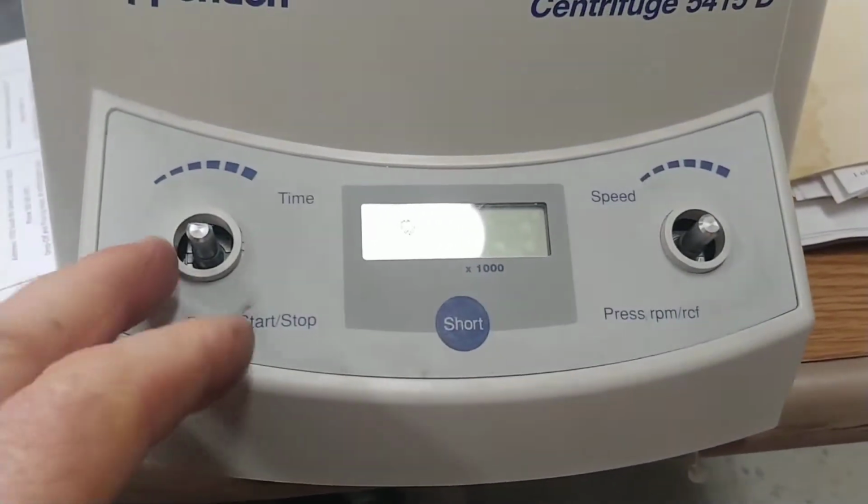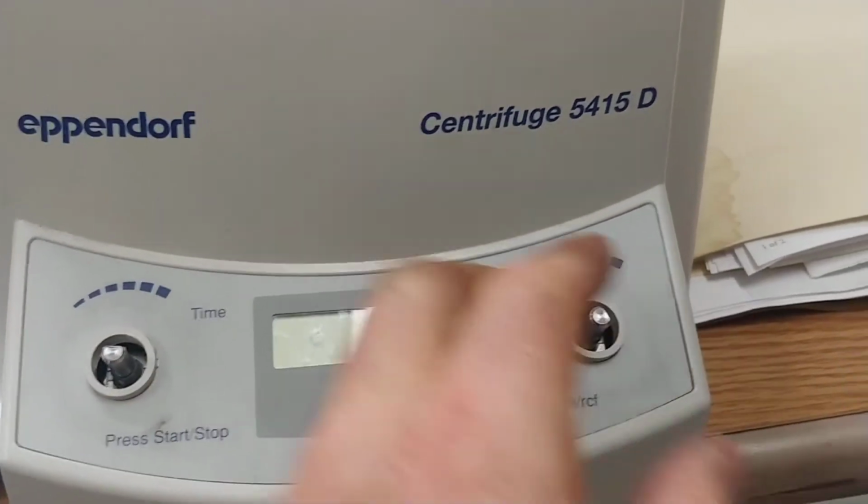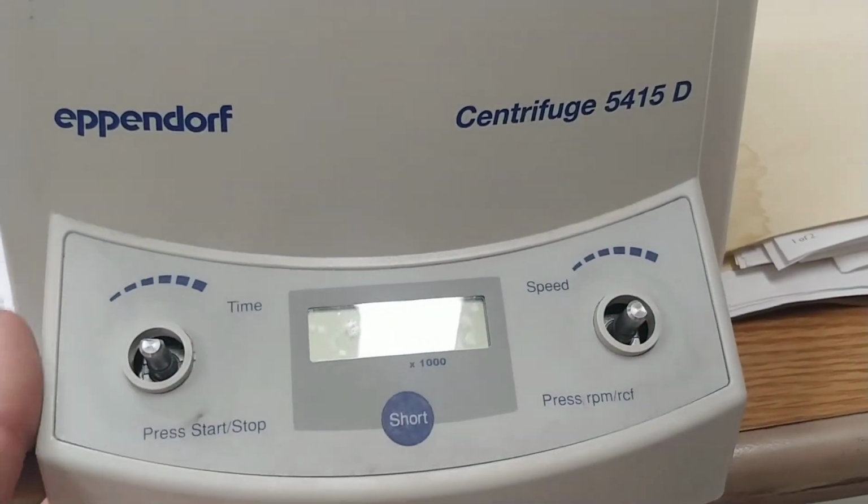Now, as you see, you don't end up having to pop those off. You know, I pulled them off, but you didn't need to. Now, you did need to take out the thing that spins. That would be